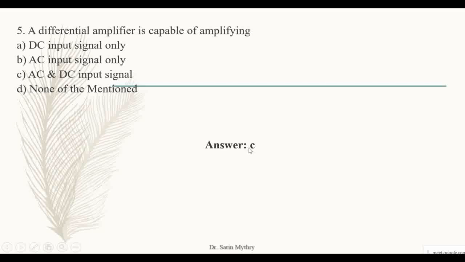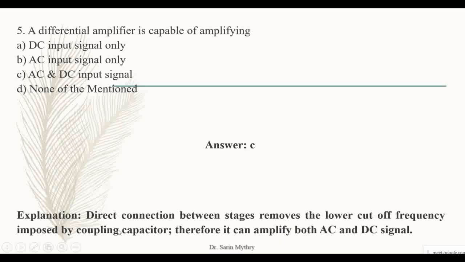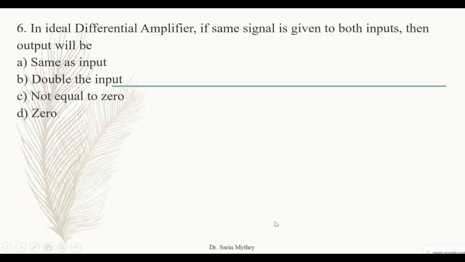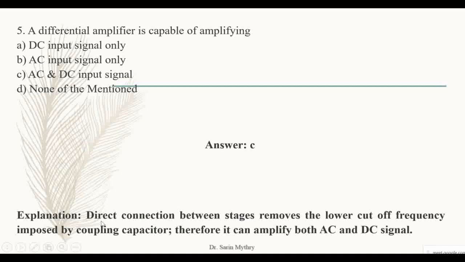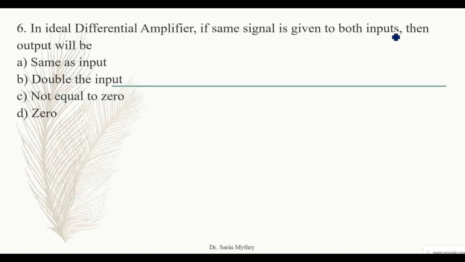Let us see now the explanation. Direct connection between the stages removes the lower cutoff frequency imposed by the coupling capacitor. Therefore, because of this, it can amplify both AC and DC signals. Always keep in mind, a differential amplifier will amplify both the AC and DC signals. Next question: the same signal is given to both the inputs. In an ideal differential amplifier, if the same signal is given to both the inputs, then the output is going to be